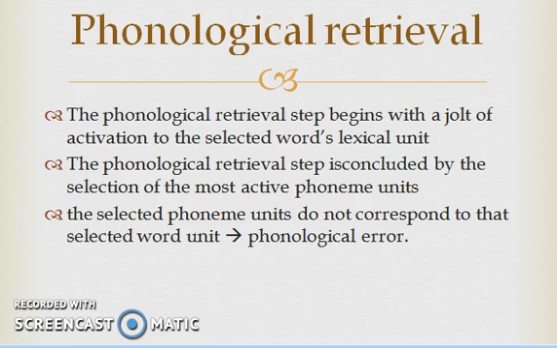And then the second one is the phonological retrieval step, which begins with a jolt of activation to the selected word's lexical unit. Again, activation spreads through the network, both upward to semantics and downward to the phonemes. The phonological retrieval step is concluded by the selection of the most active phoneme units. The selection of phonemes is analogous to the prior selection of the most active word unit that concluded the word retrieval step. If the selected phoneme units do not correspond to the selected word unit, the result is a phonological